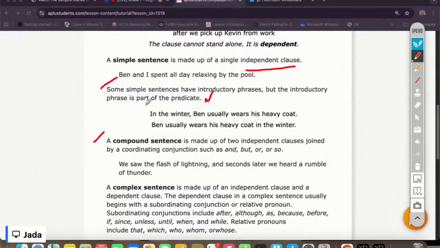Alright, so the compound sentence is made up of two independent clauses joined together by a coordinating conjunction such as and, but, or, and so. So: we saw the flash of lightning, and seconds later we heard a rumble of thunder. Okay,